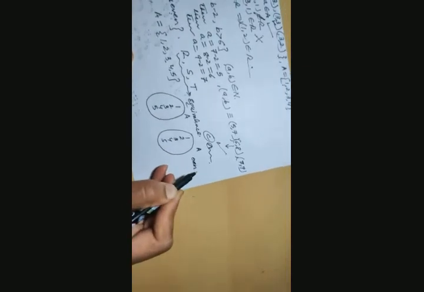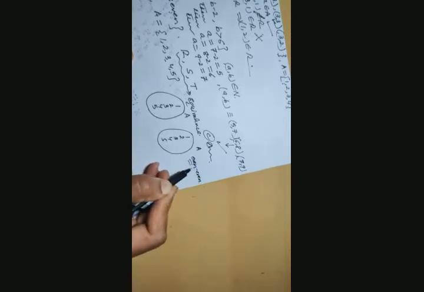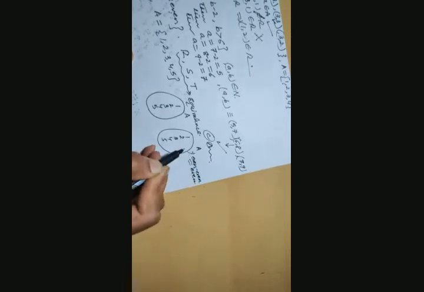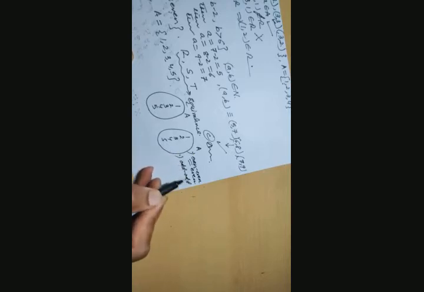Even minus even gives you an even number, and second, odd minus odd also gives you an even number. So you have to take the pairing like this: 1 with 1, the difference is 0. The difference of 3 and 3 is 0. The difference of 5 and 5 is 0. Also the difference of 4, 4 is 0. The difference of 2, 2 is 0. So that means, is the relation reflexive?